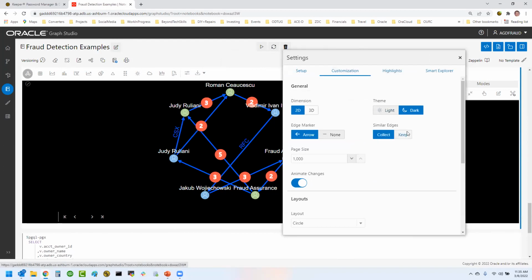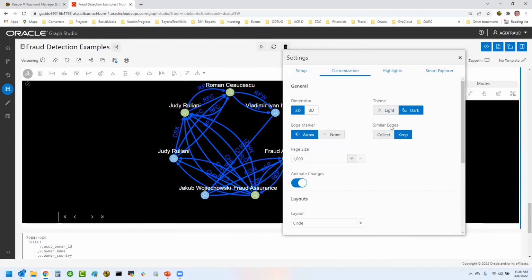Instead of collecting similar edges, I'm going to say, show me everything. That's what the 3 means. 3 separate transactions went from Judy Giuliani to Roman Ceausescu. And notice, by the way, they're all type RFC. That is a retirement fund contribution. Wait a minute. Judy Giuliani is making retirement fund contributions to Roman Ceausescu, which, by the way, if you look